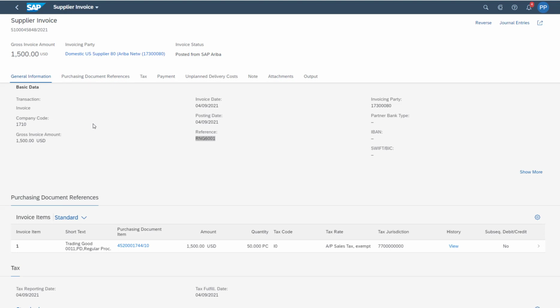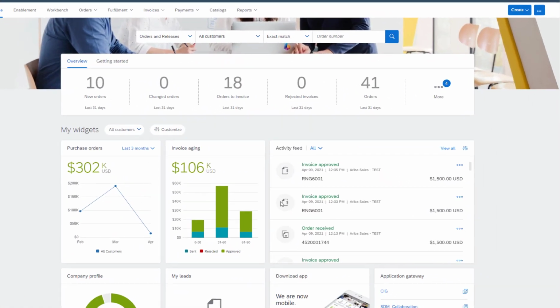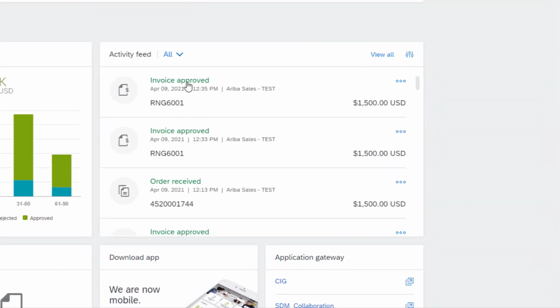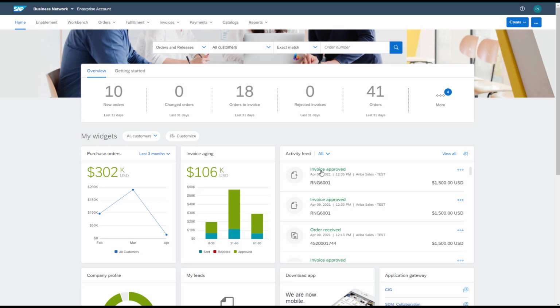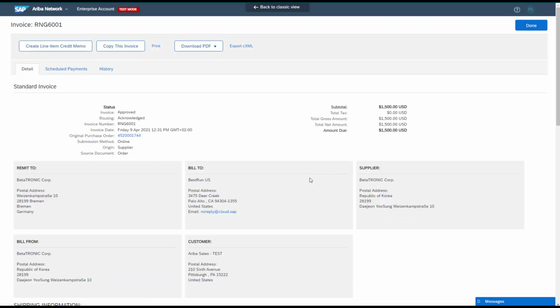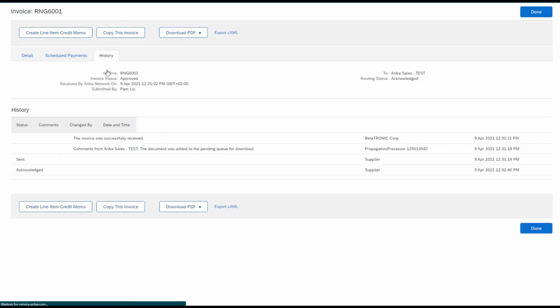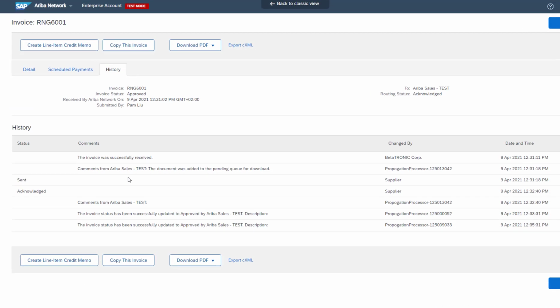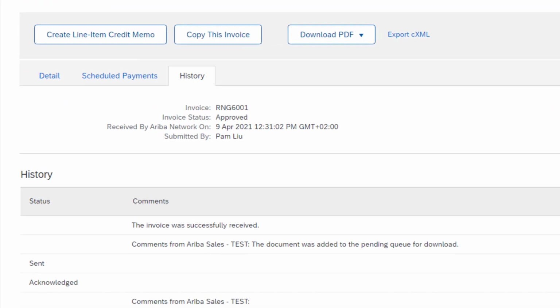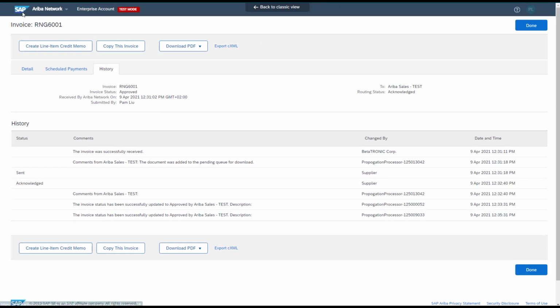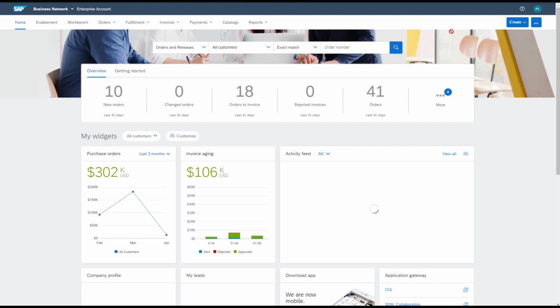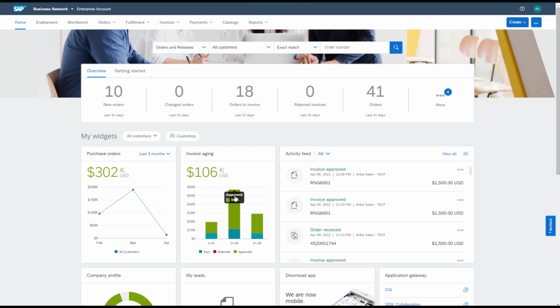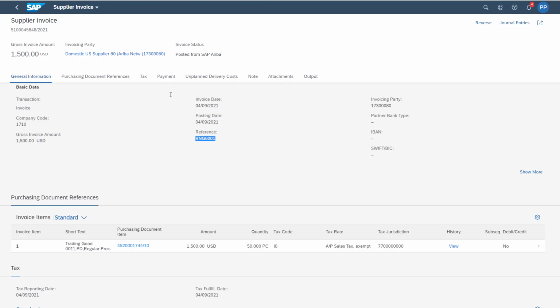To finish off, I'll go now to the supplier again, and he can see also that the invoice has been approved. So with a click, he can see the invoice he created, which was part of the whole flow, as we can see. The invoice was successfully received, it was acknowledged, and basically with this confirmation, the supplier knows that he will be paid. So finishing off again on the buyer side,